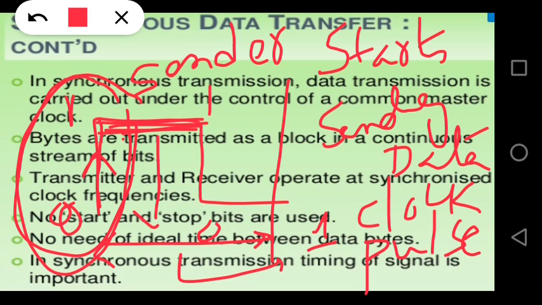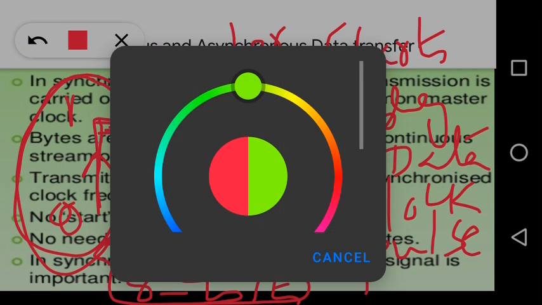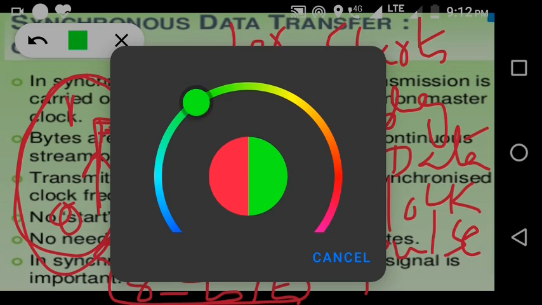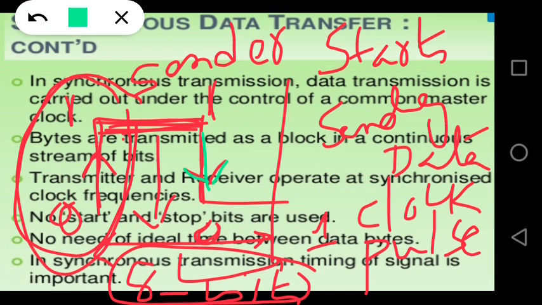So during this period, 8 bits have to be transferred continuously. The receiver expects, during the transition from 1 to 0,